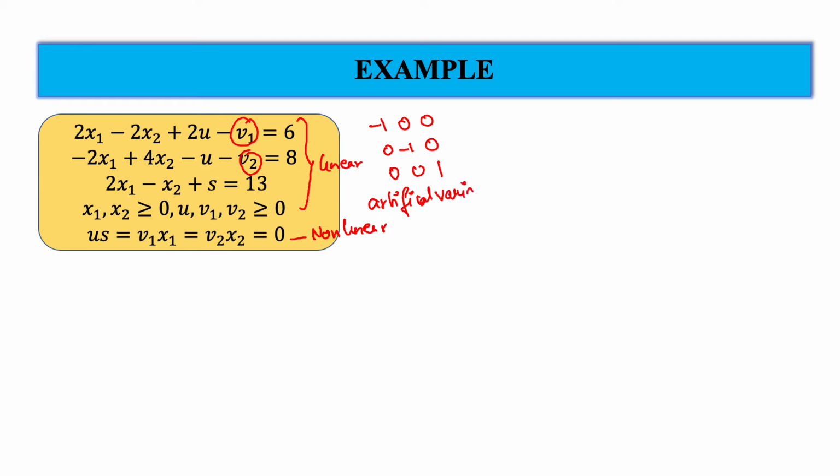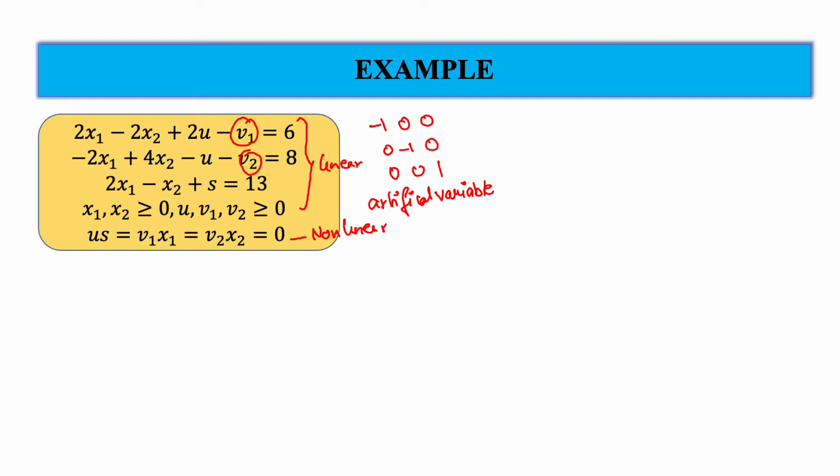This we have seen in the two-phase method also, the simplex method: why we are adding an artificial variable and how we will solve that particular problem. So the same thing we are doing over here. We will add two artificial variables corresponding to these constraints, because we don't have an identity corresponding to these constraints, so we deliberately introduce two more variables. Those variables are our artificial variables.